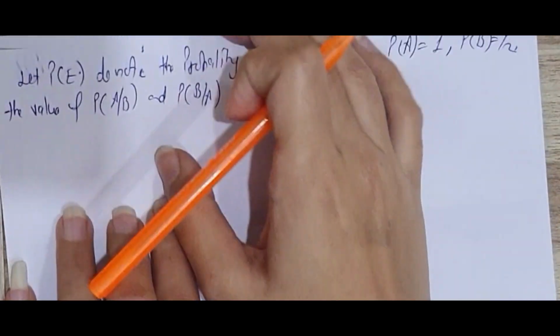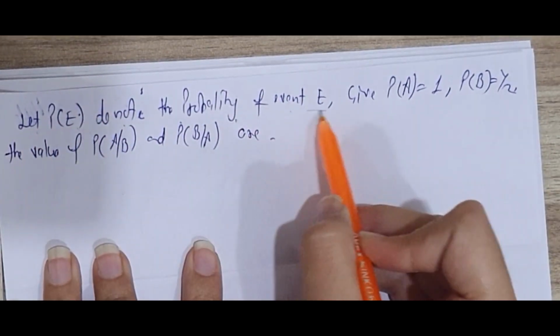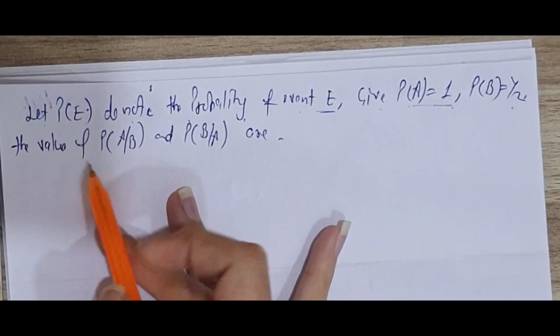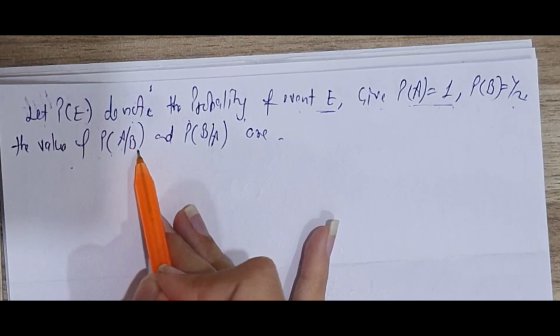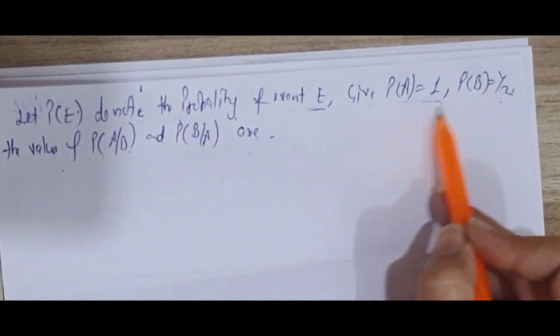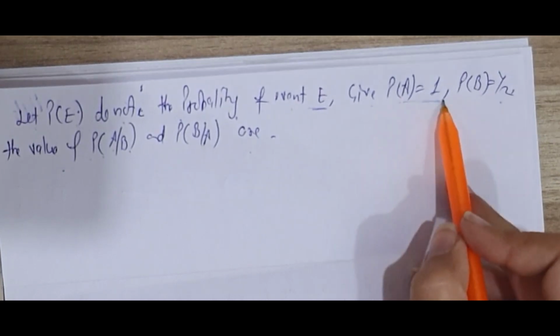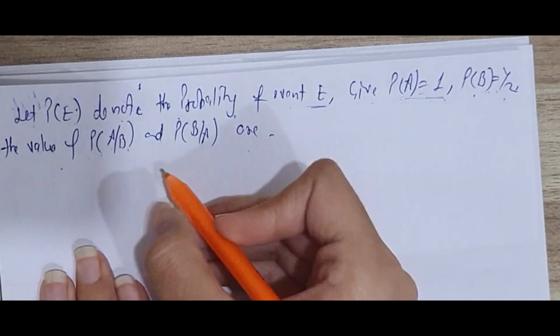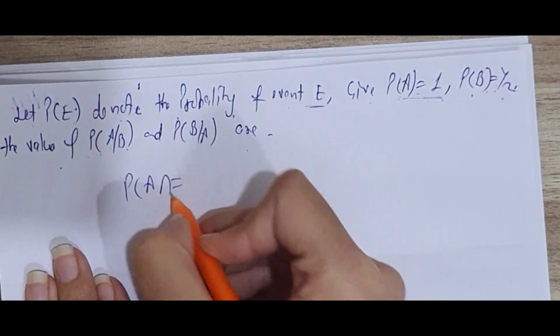Now next question. Let P denote the probability of event A. Now P(A) is 1, P(B) is 1 by 2. They are asking the value of probability of A given B and probability of B given A. For this we have to find the probability of A joint B. Now how do we find it? As these are both independent events,